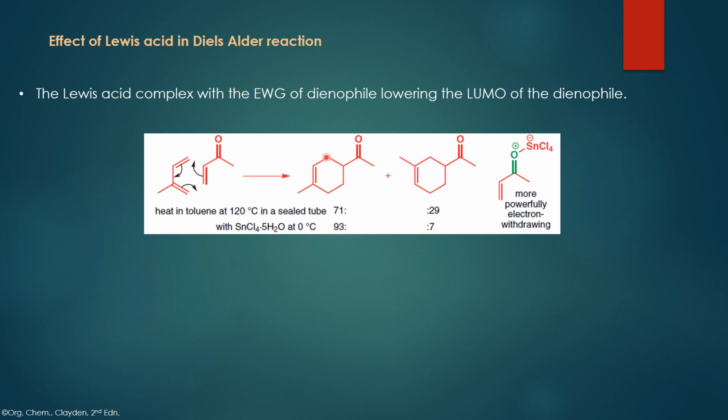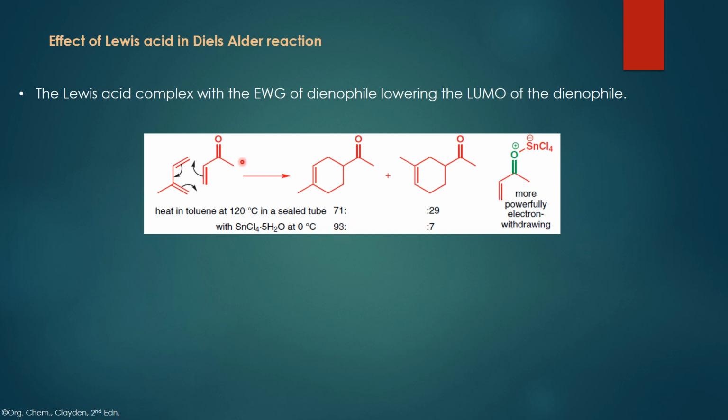This is the major product; the ortho-para relation is the major product that we can see. In the absence of Lewis acid, the yield of this regioselective product is 71%, but in the presence of this Lewis acid, it has increased to